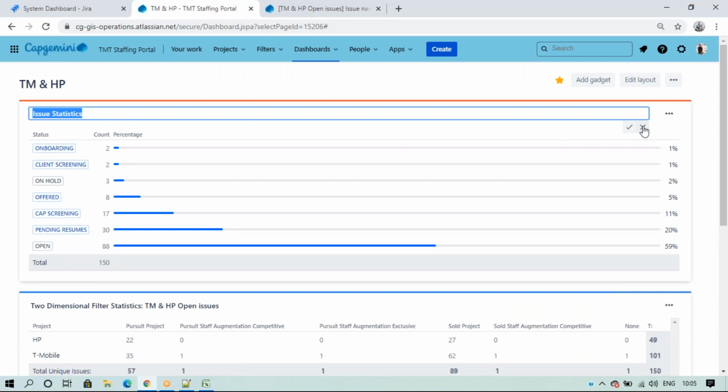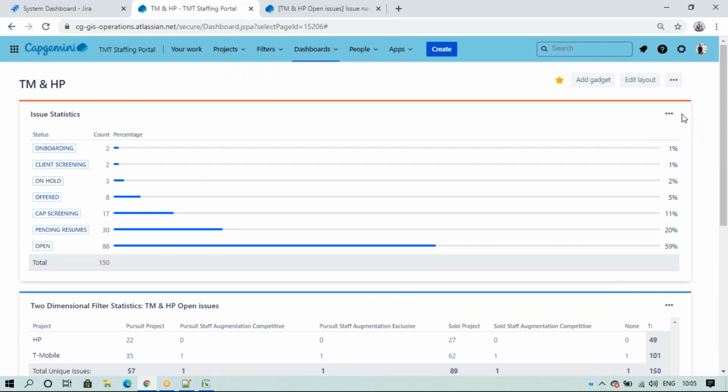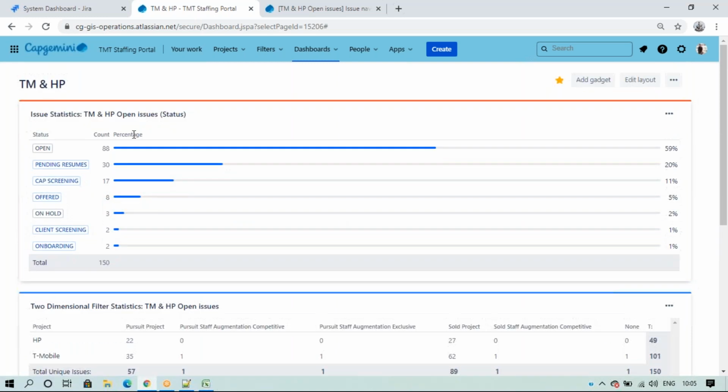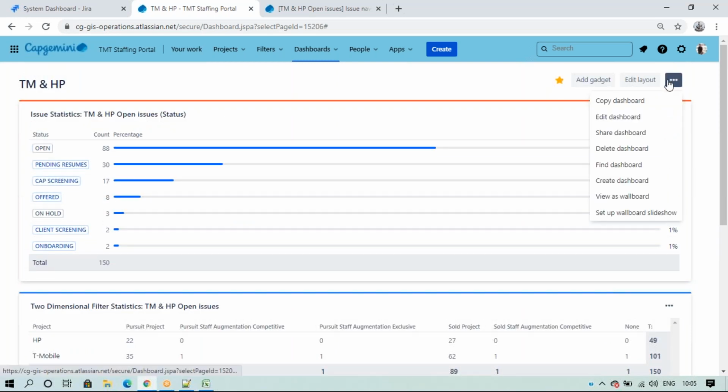And for edit, ascending or descending order, maybe descending order, yes, the top one will go up. Here we also have edit permissions like copy dashboard, edit dashboard, share dashboard, delete, find. We have things like this.